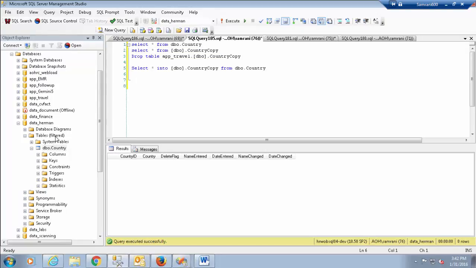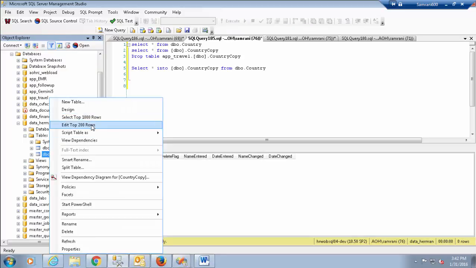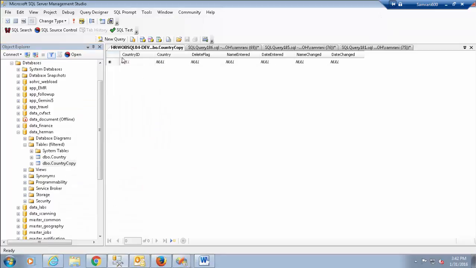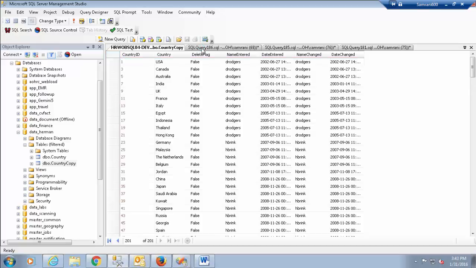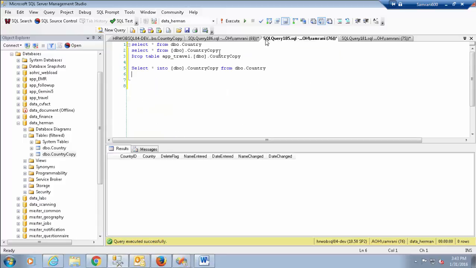So let's refresh. Country copy, edit, go here and paste it. So this is kind of a good method if you have only a few. Let's say you have less than 200, you can do this. Otherwise, what you can do is select star,